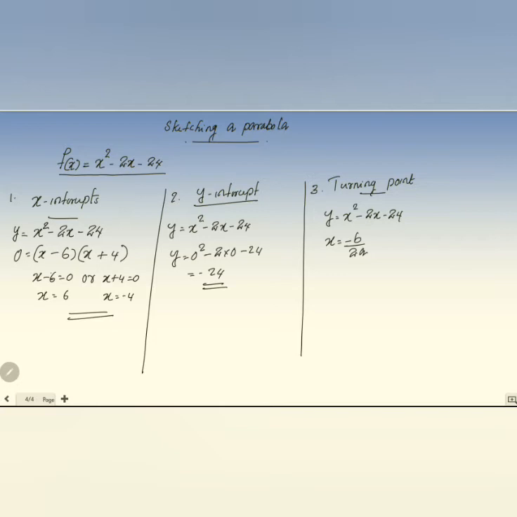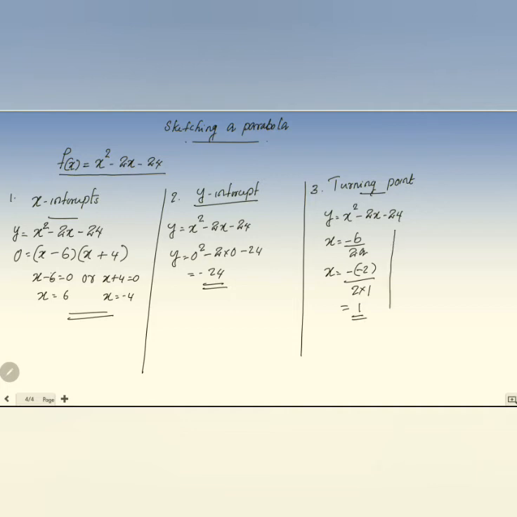Differentiate and equate to 0. That method we are applying because in grade 12 we are studying that. Even that method we can apply here. So let me go with this one, that is x is equal to minus b, which is minus of minus 2, divided by 2 times 1. When you simplify this, you will get 1. Is it clear? That is the x value.